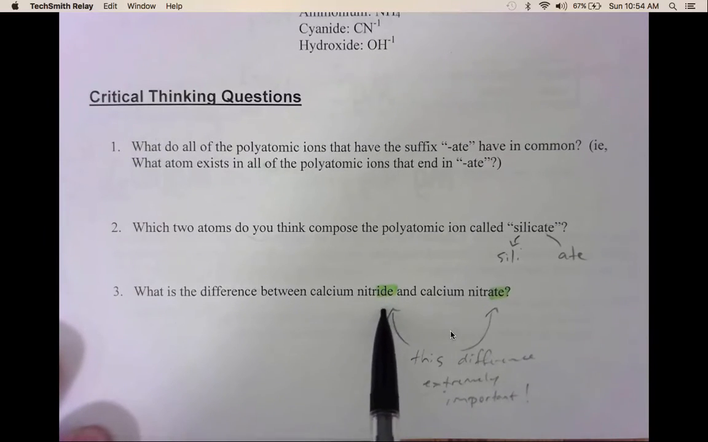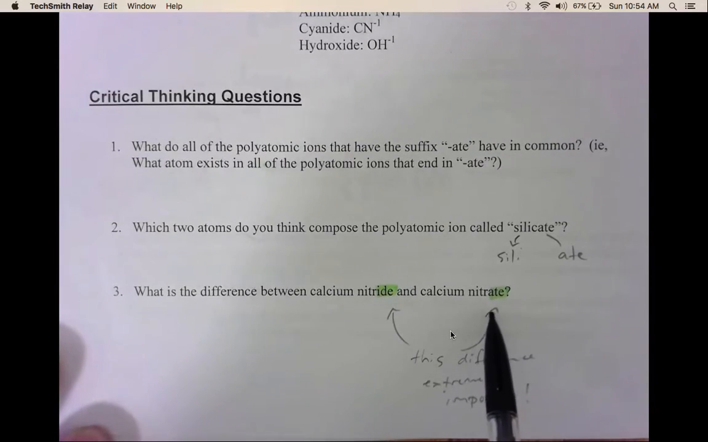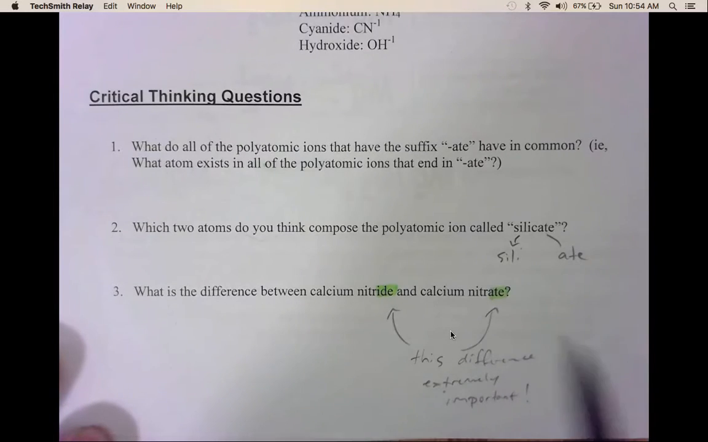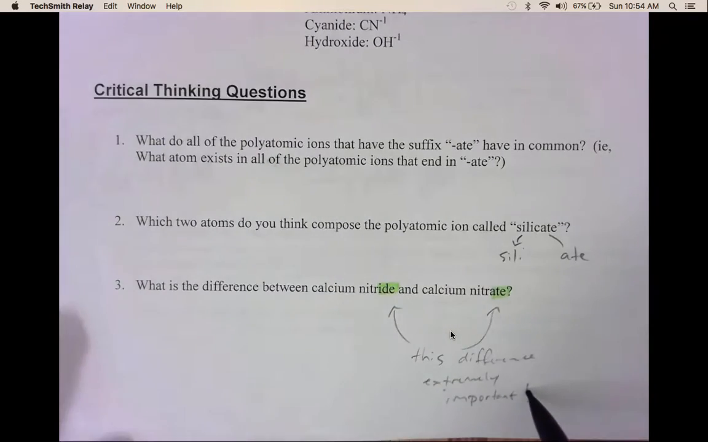Question 3, you are thinking about the difference between "ide" and "ate." "Ide" goes back to the last Chemquest. "Ate," again, what we just talked about, what does "ate" symbolize? This difference is extremely important. You'll be using this difference later in the Chemquest when we are crisscrossing,